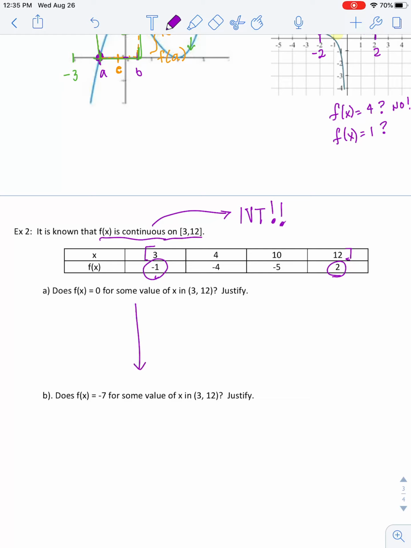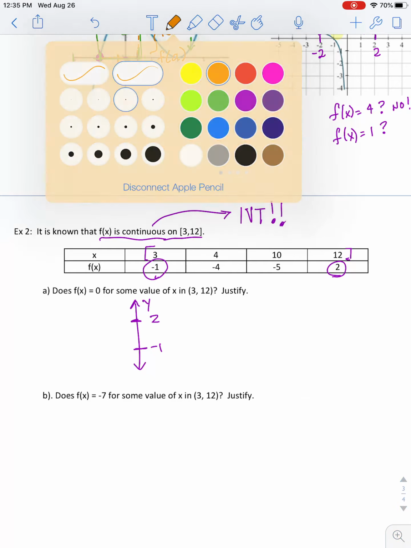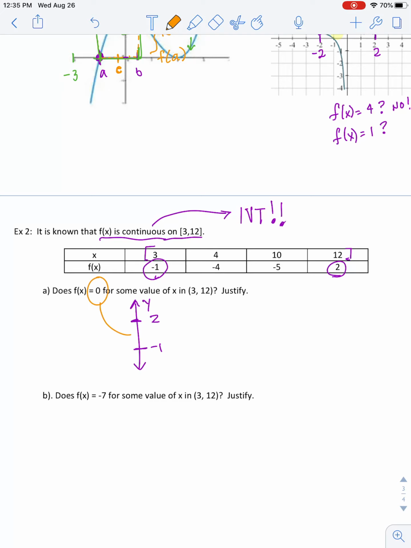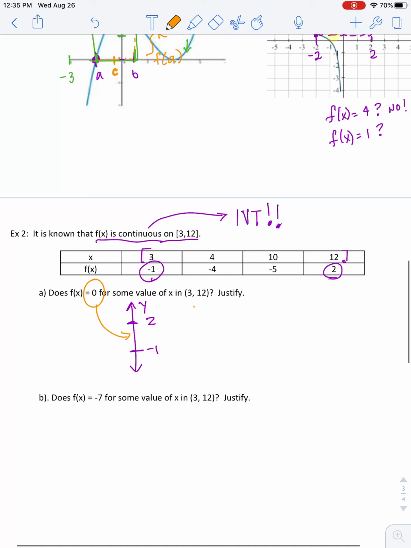That means on the y-axis, the lowest it goes is -1 and the highest it goes is 2. Since 0, the point in question, is right in the middle of those two numbers, I can say yes, f of x equals 0,